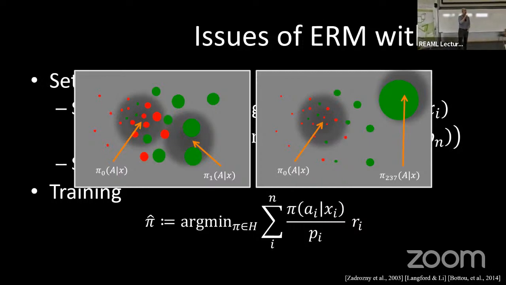The complicated part that you just don't have in supervised learning is that if you do this minimization, there are some policies where your estimator has low variance and some policies where your estimator has large variance. For these large variance policies, it's very easy to overfit, right? It may just pick something up there in the corner based on basically no evidence. So you have to account for the fact that unlike in supervised learning, like classification, if you try different hypotheses in empirical risk minimization, the variance can be very different.